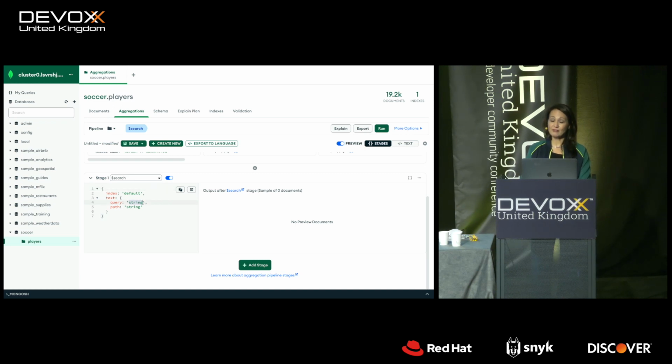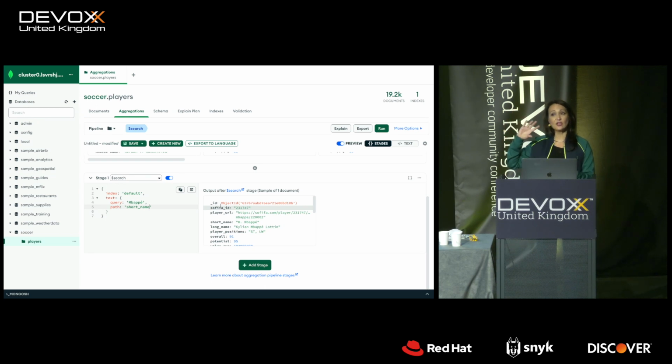Does anyone have a player they want me to query for? I'm going to stick with Mbappe because it's actually a common mistake. So I'm going to look for Mbappe over the short name field. And you can see just like that, I created the index and I looked through all my 19,000 players to find Kylian Mbappe. Now, I am a big fan of his, so I know he has an accent on it, but